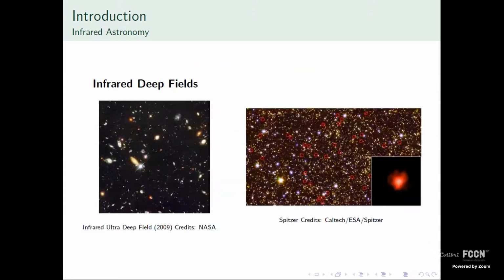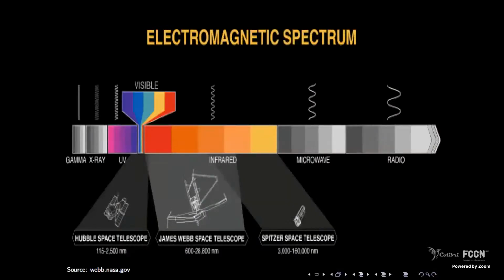An attempt was made with Hubble and also with the Spitzer telescope to do infrared deep fields. This is a result, but it is limited. So on the basis of these discoveries, the James Webb Space Telescope appeared. As we can see in this image, the Hubble Space Telescope does astronomy in the ultraviolet, in the visible, and a little bit in the infrared wavelengths. But the James Webb Space Telescope primarily focuses on infrared wavelengths.